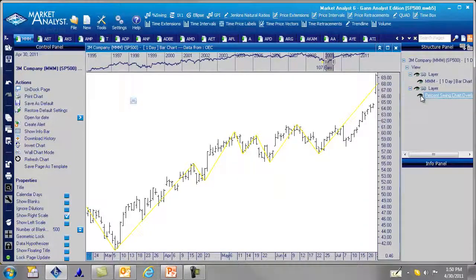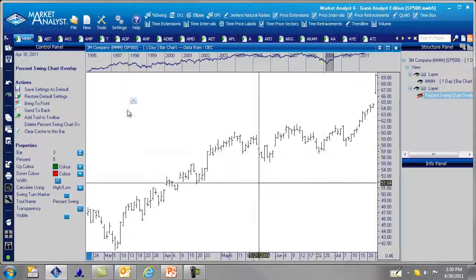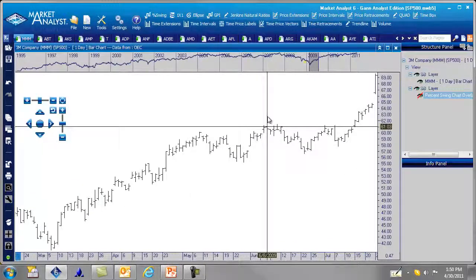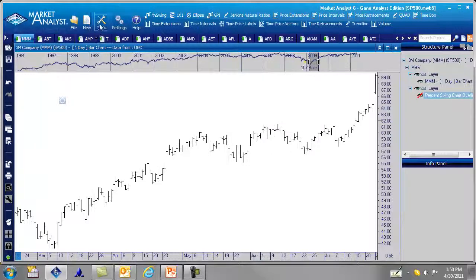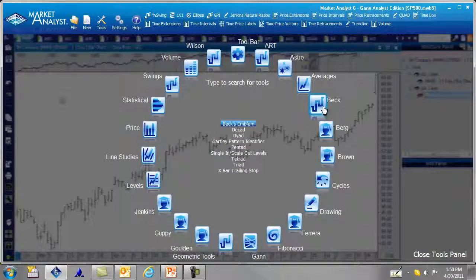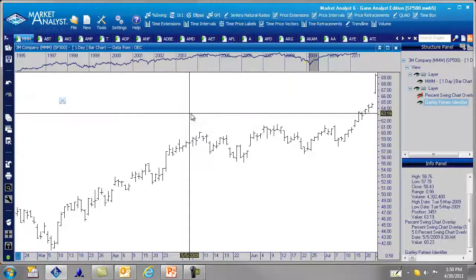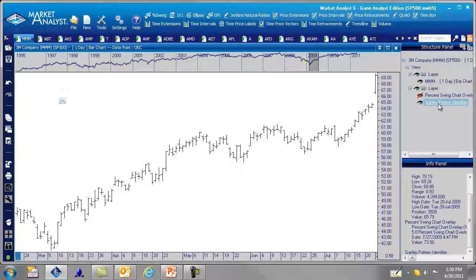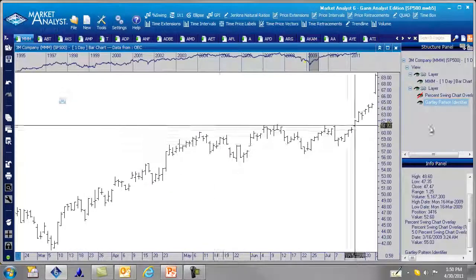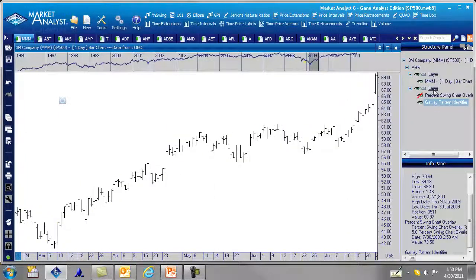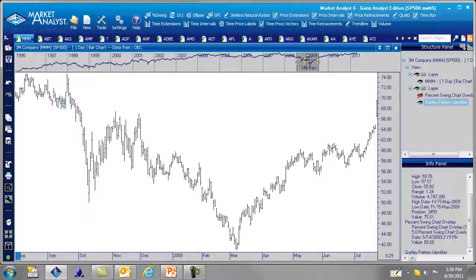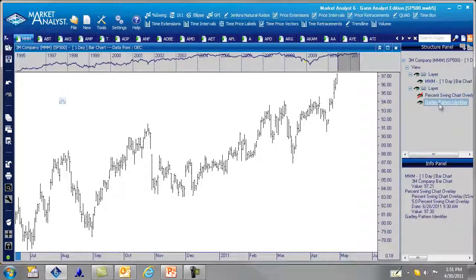Now what I'm going to do is turn off the percent swing overlay. I'll click the eye here so you can't see it anymore. But now I'm going to add the Gartley Pattern Identifier. To do that, you go to Tools, BEX, and go over to Gartley Pattern Identifier. Just click anywhere on the chart, and you'll see it's not showing us any patterns here, but we can tell from the structure panel that on this layer I do have the Gartley Pattern Identifier on the chart. So if I just left click this,